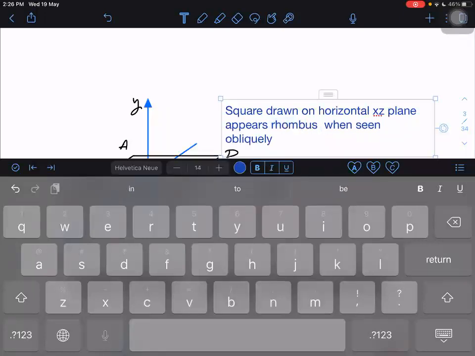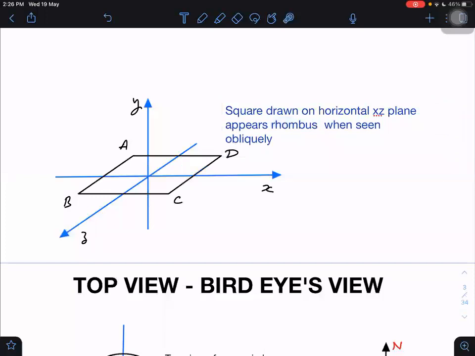Yes, now it is fine, rhombus. But why do I know that it is a square? The reason is, this CD line is parallel to which axis? Z axis. Correct. And BC line is parallel to which axis? X-axis. Exact. But what is the angle between X and Z axis? I know this is 90 degrees. Therefore, the angle between these two lines also must be 90 degrees. So this is also 90, this is also 90, this is also 90. All these are 90-degree angles, but we are looking obliquely. So these appear like a rhombus to us.